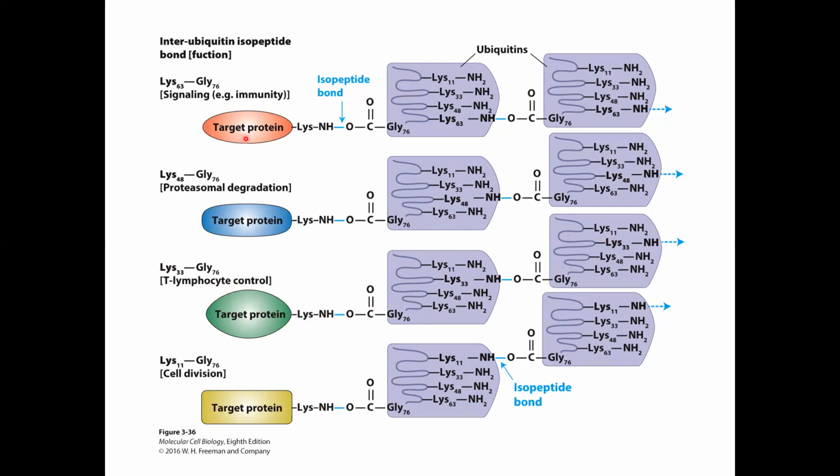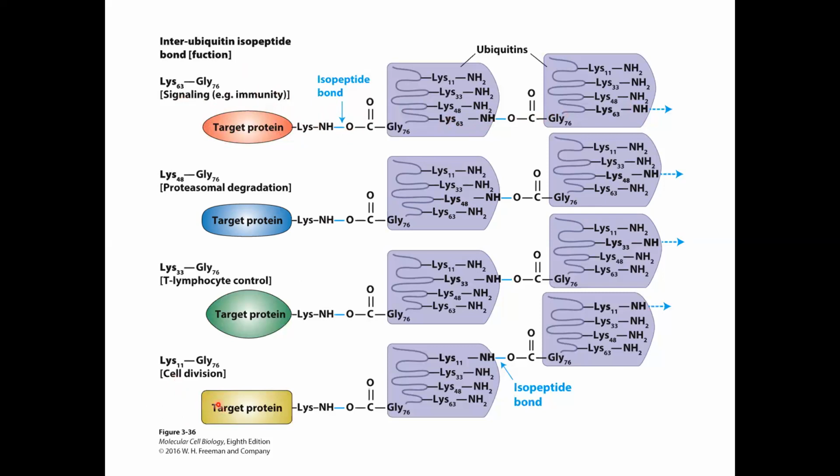Up here we have a separate system that is involved in immunity signaling. Again, something specific for our immune system, which requires specialized signaling. And here we see chains of lysine 63 residues being modified. Finally, here's a last one where we have